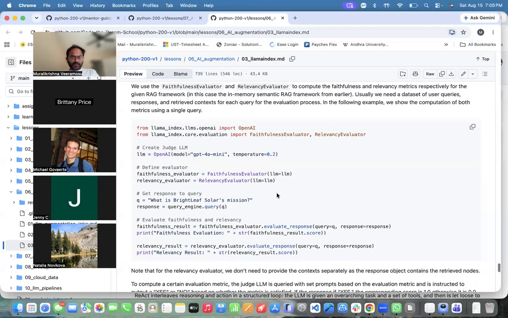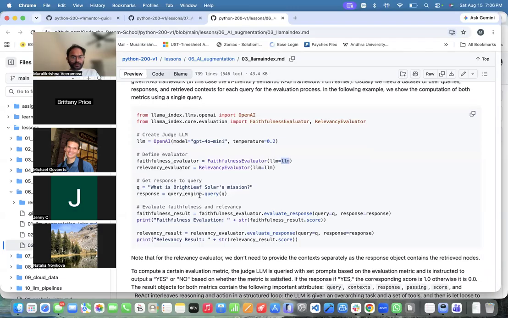As you can see here in the code, we used GPT-4o Mini to evaluate the RAG pipeline we built as part of lesson 6. And there is a faithfulness evaluator and a relevancy evaluator. For that, we pass our LLM,